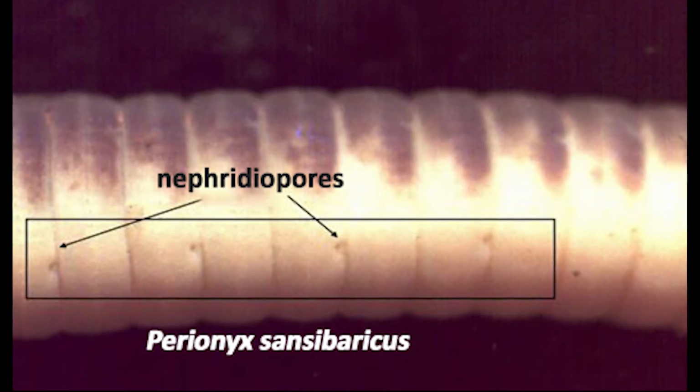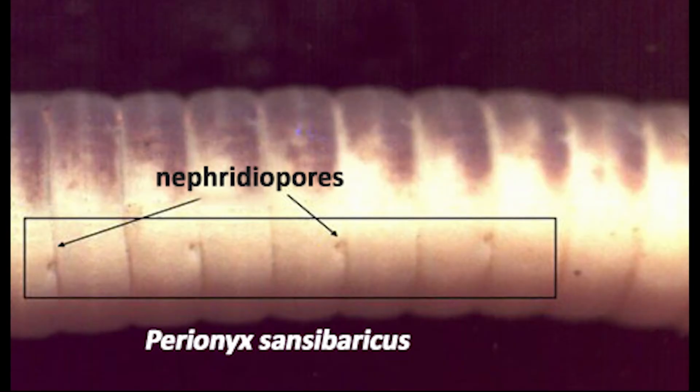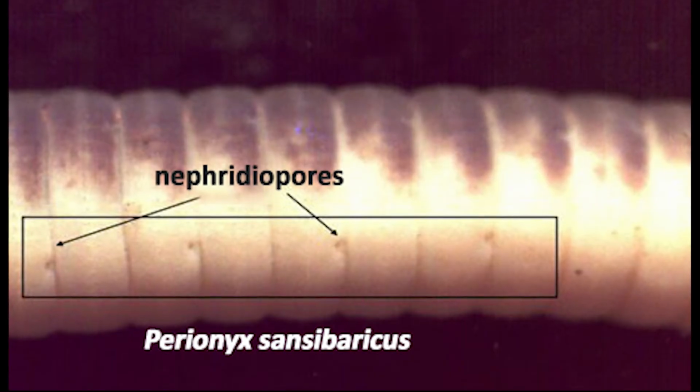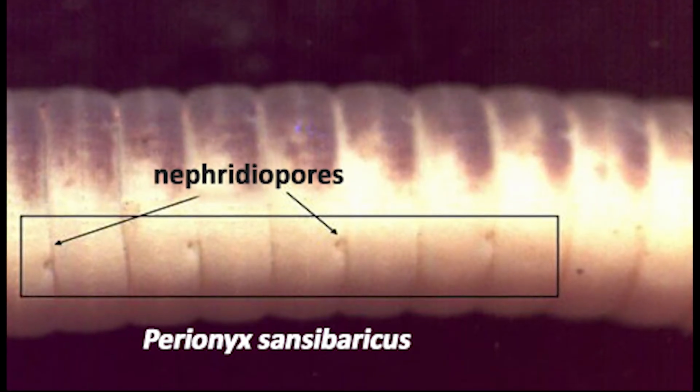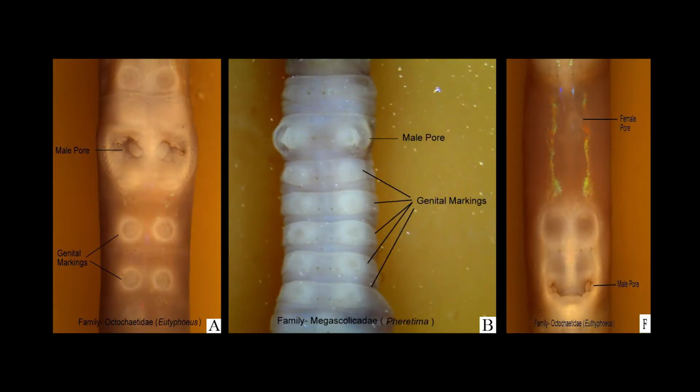Nephridiopores help in the removal of waste material from the body. It is similar to the human kidney, where the kidney excretes urea while nephridia excrete ammonia. There are certain areas which are somewhat depressed or swollen on the ventral side of the body, called genital markings. Their number and position differ in different species, and thus they are a valuable taxonomic parameter for identification of